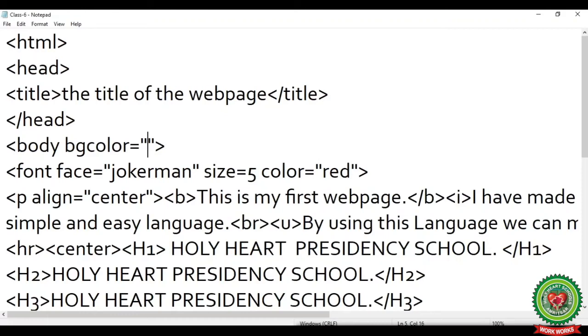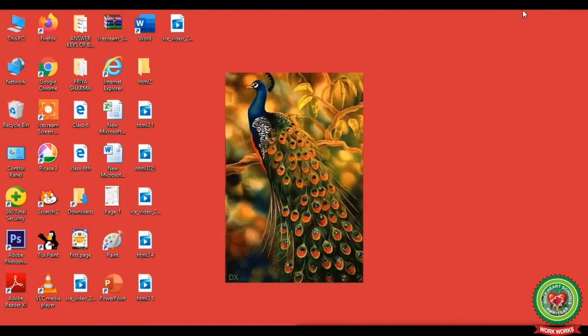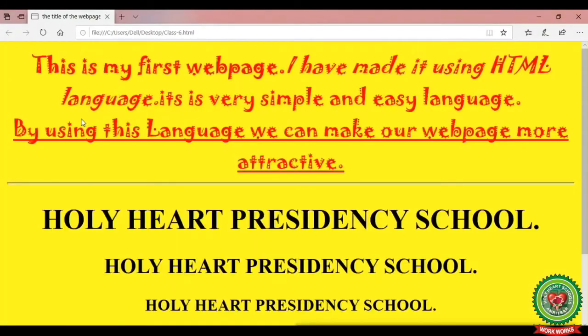For example, I'm going to type here the background color yellow. Now save your file by pressing Ctrl plus S from your keyboard and minimize it. Now again double click on the HTML file on your desktop. Now here you can see the change. The background color has been applied on your web page.